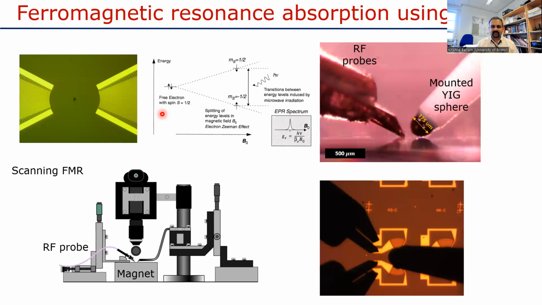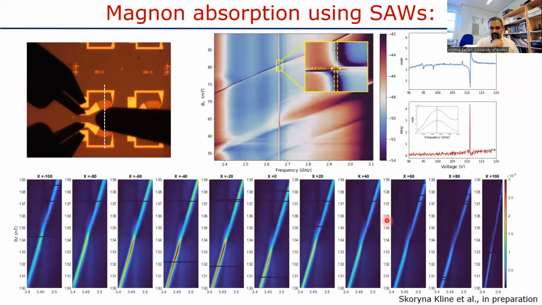And so how do you verify this? Ultimately, we want to detect spins from single spins or spins of nanoparticles. But in the first generation experiments, just to verify this, we wanted to see if we could do ferromagnetic resonance experiments using surface acoustic wave devices. Why ferromagnetic resonance? Because now you can use the collective spin to get an increase in spin sensitivity. In particular, you need a sharp feature to be able to observe these things. So we chose magnon modes in YIG spheres, and we wanted to see if we could excite these spin waves in magnons using this. And long story short, we are able to do that.